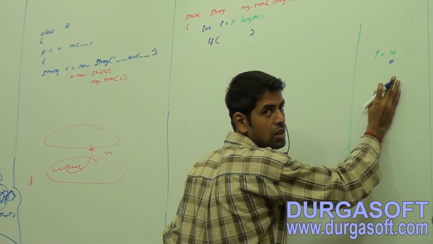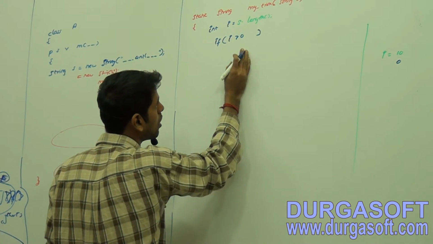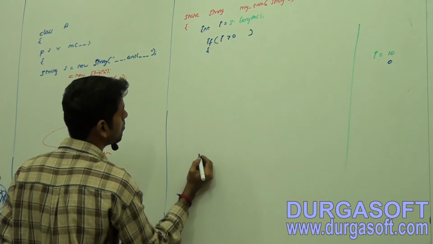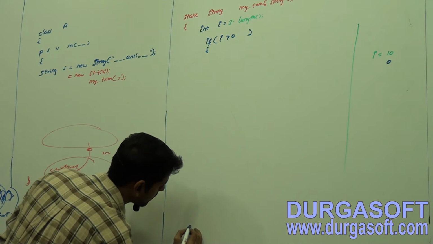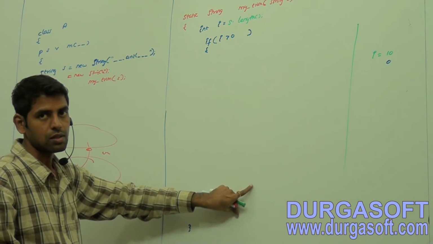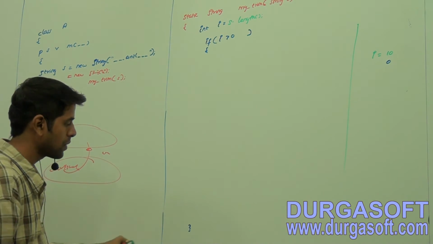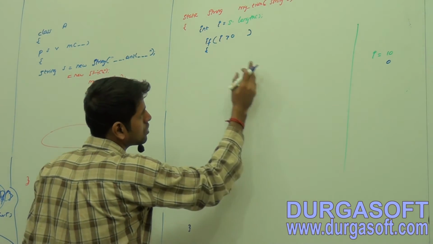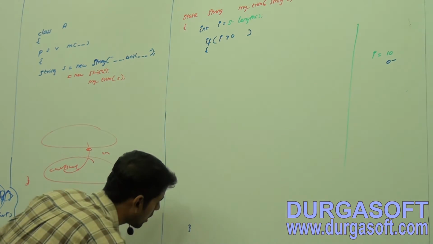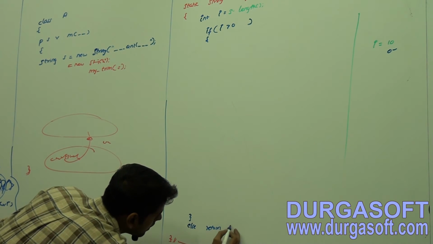0, right? Yes or no? Yes, 0. If the I variable value is greater than 0, allow the JVM to perform some actions or execute some instructions, otherwise don't execute anything. If I value is not greater than 0, it means come to the else part, put a return